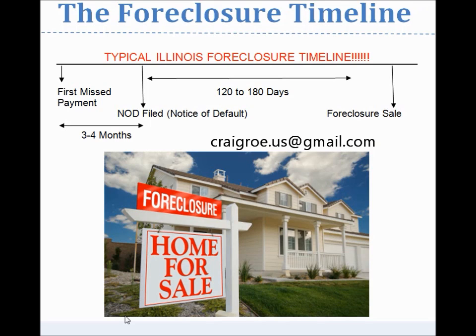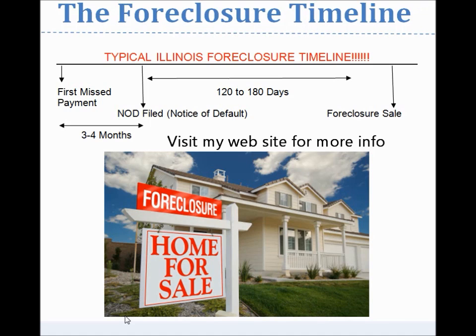The court could set the case for trial at that time, but usually they do not do it at this first court hearing. If you have no defense against the foreclosure suit, then the judgment against you will proceed. Usually within a couple of months after that, the judgment of foreclosure is issued against you and your redemption period starts. Once the redemption period starts, you have about 90 days to come to terms with your mortgage company, meaning modify it or pay it off or try to obtain a sale.